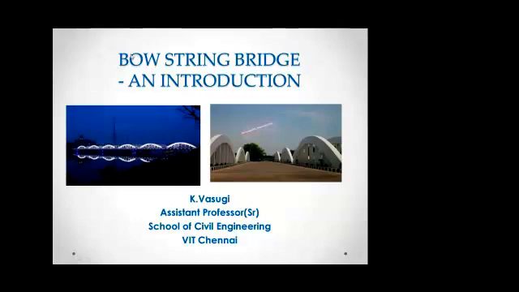So this picture explains how we can imagine the Bowstring Bridge, like a bow and arrow. The main member is like a bow, and it is connected by vertical members called the string. So they are referred to as a bowstring bridge. Okay, so this is one introduction with the picture of a bowstring bridge.